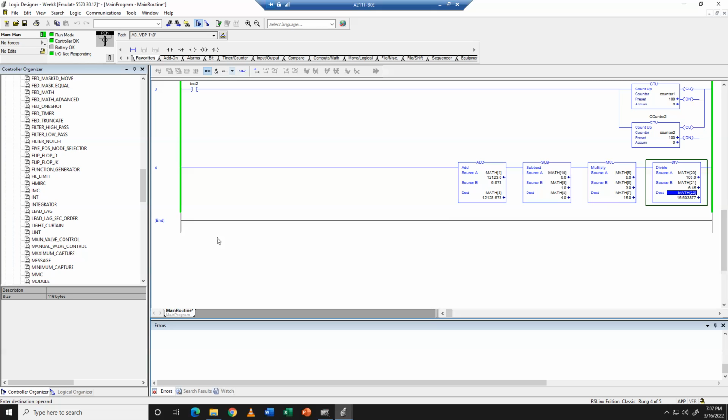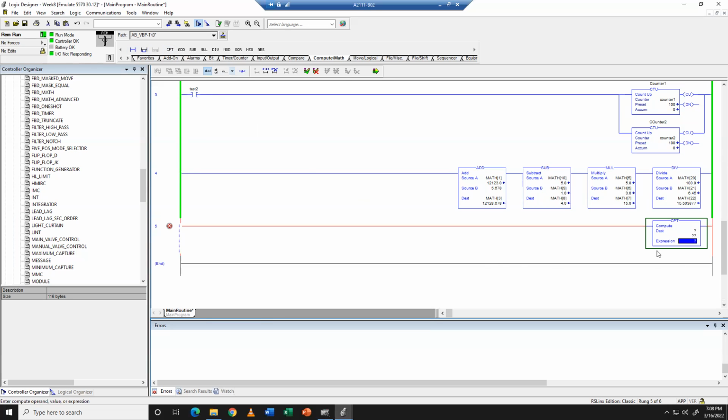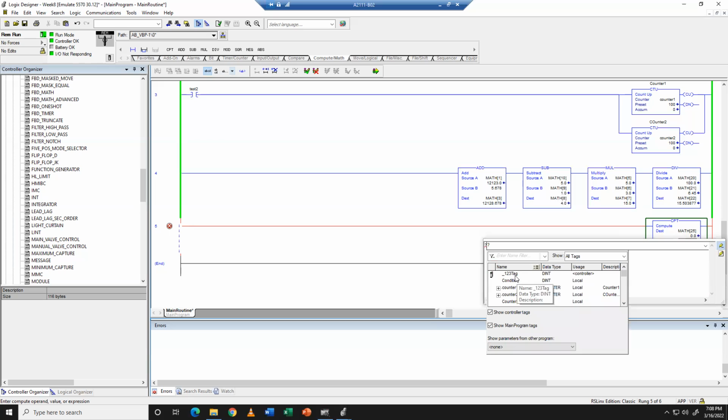So the next compute function is actually the compute function. So CPT, we're going to move CPT into 25. So in this expression box, you'll notice that it opened up differently. This is where you can do a bunch of different math. So you can add in tags. So let's say I've got,